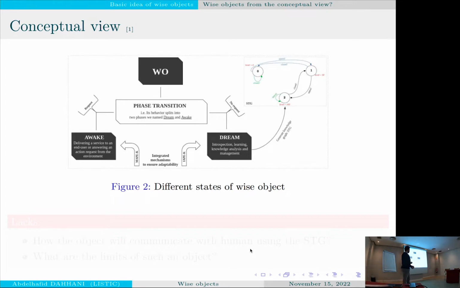So after working on this process during the training process, it will generate a graph. This graph is called STG, which stands for State Transition Graph. As we see here, it contains the behavior of the object itself. When we have a roller shutter, we will have an STG, a state transition graph, that contains the behavior of this roller shutter. We can say that a roller shutter can open at level 50, 80, 90, etc. This is a behavior of the roller shutter.